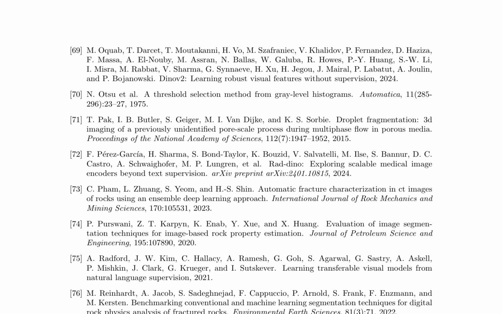Deep learning techniques have been increasingly applied to image segmentation tasks in various fields, including rock physics analysis. In the context of fractured rocks, accurate image segmentation is crucial for understanding the complex interactions between rock microstructure and fluid flow. This research explores the application of a novel deep learning-based approach to image segmentation for fractured rock analysis. The proposed method utilizes a convolutional neural network (CNN) architecture, specifically designed to capture the intricate patterns and features present